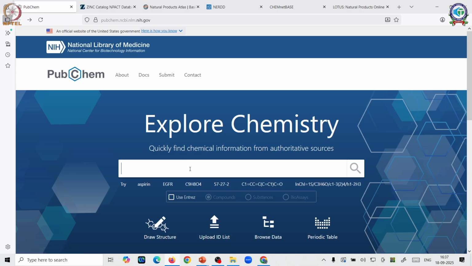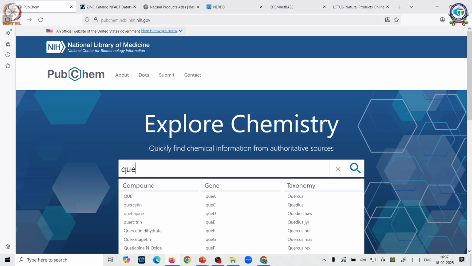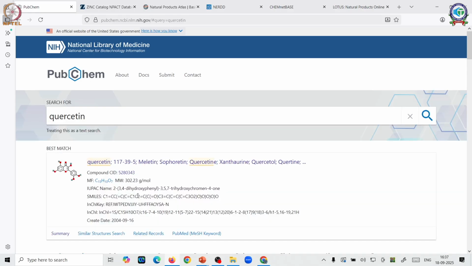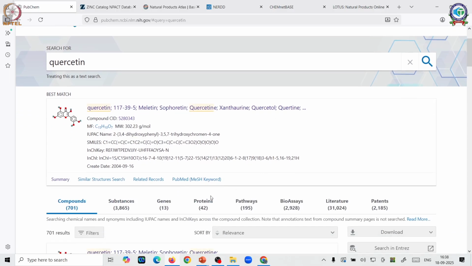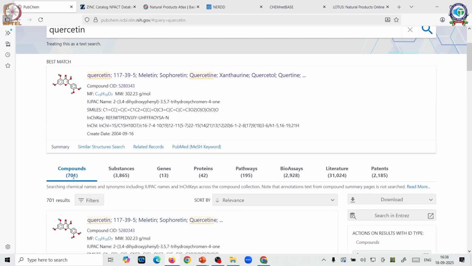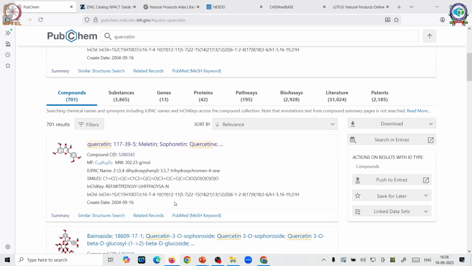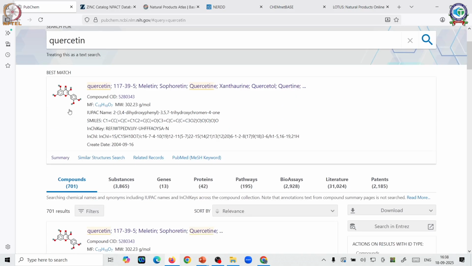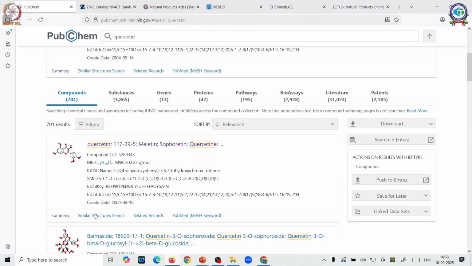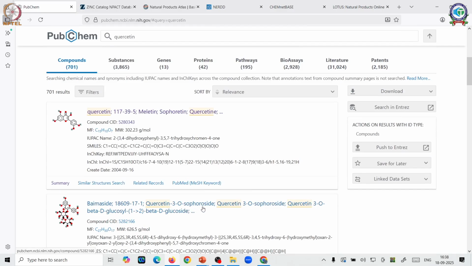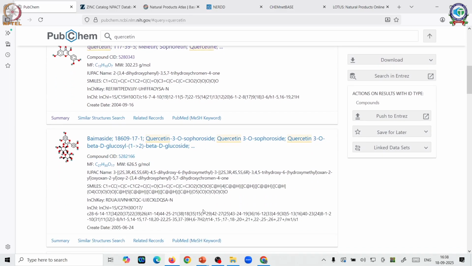So let's simply put in a molecule called quercetin, and you can see it has already started running the queries. I'm just clicking on quercetin. Now when I click on quercetin, it says that this quercetin has 701 compounds. What does that mean? That means this quercetin, which is a native nucleus, is part of the nucleus of many other molecules, and these other molecules could be simple quercetin or they are glycosides. Can you see there? You know what glycosides are, you remember, when they are complex or condensed with a sugar.